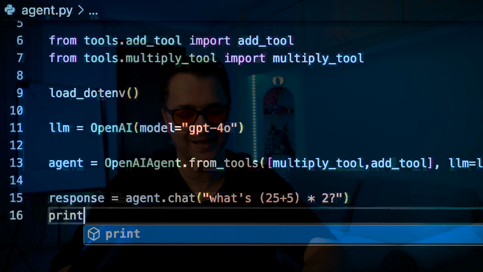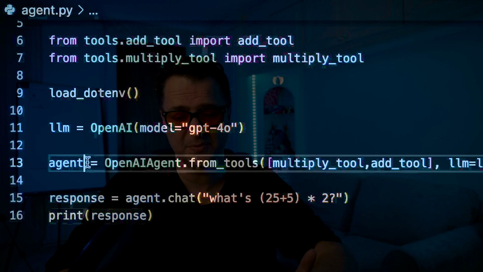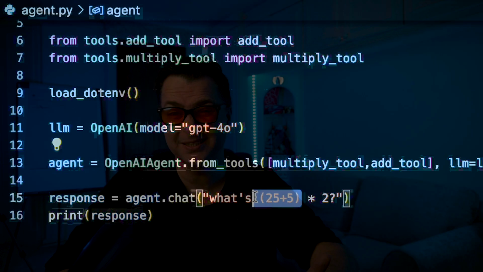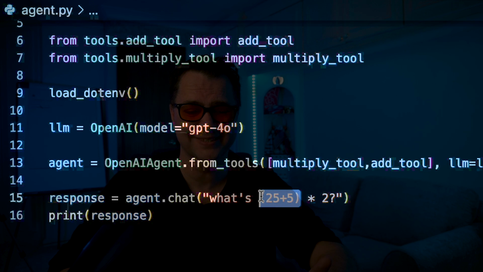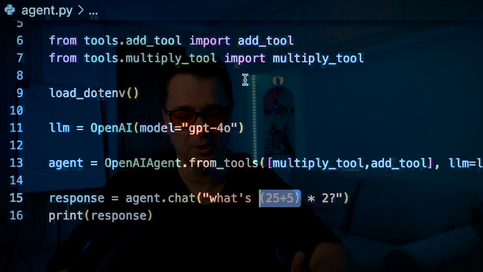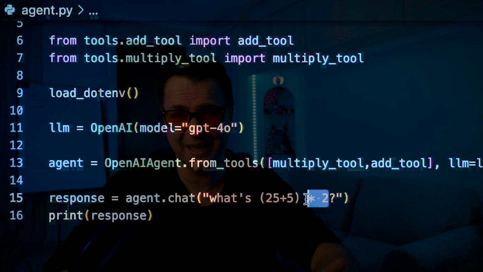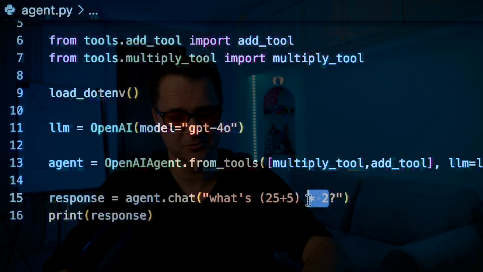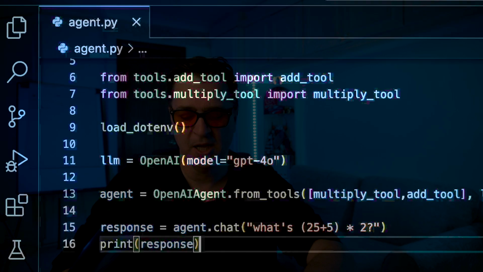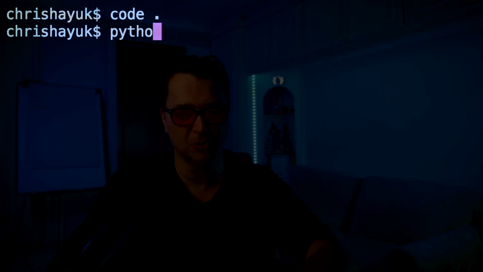The reason I'm picking that as a query is what I want the agent to be able to do is recognize that it needs to do an addition, and then it is going to use the add tool that we defined. And then I want it to recognize that it's going to use a multiplication, and therefore it's going to use the multiply tool. So if we just save that for a second, and I do a python agent.py,